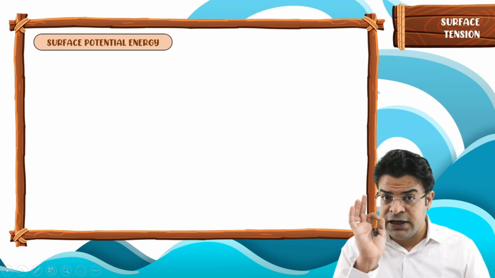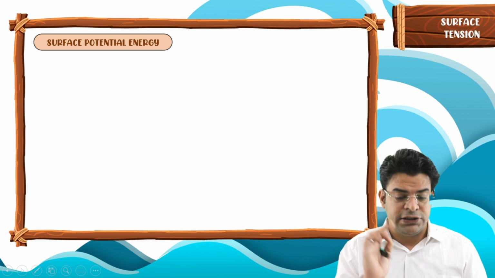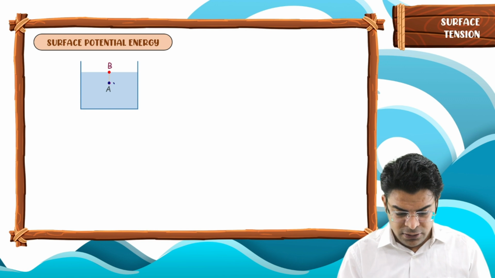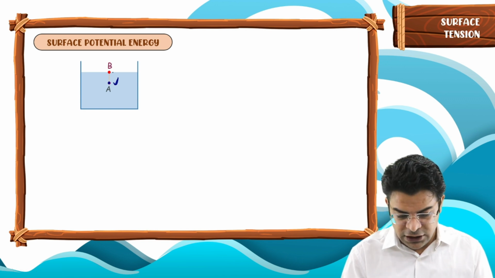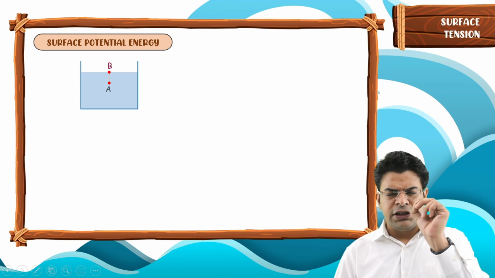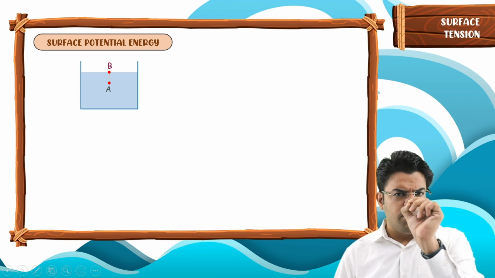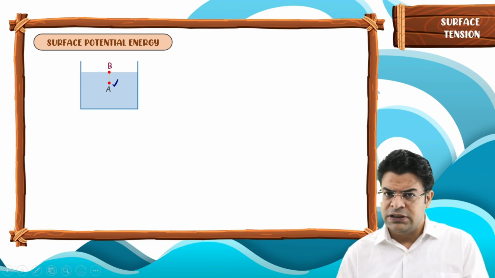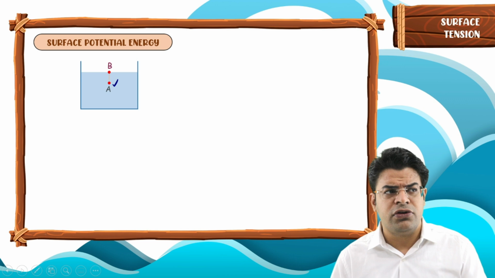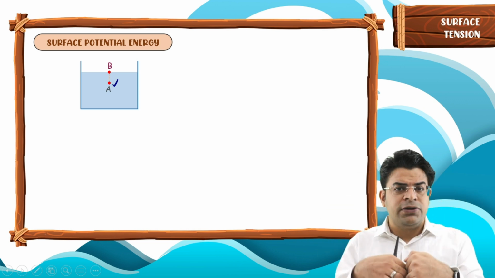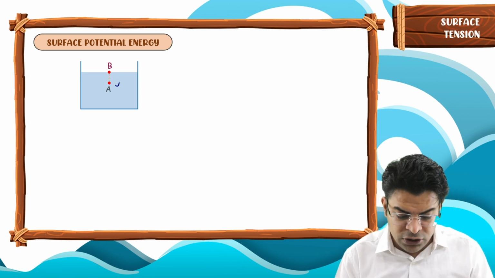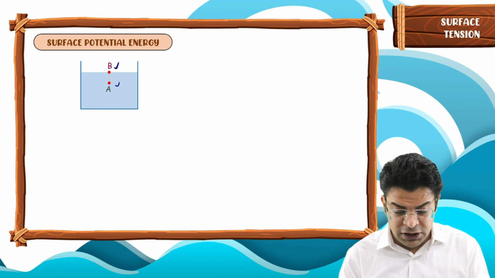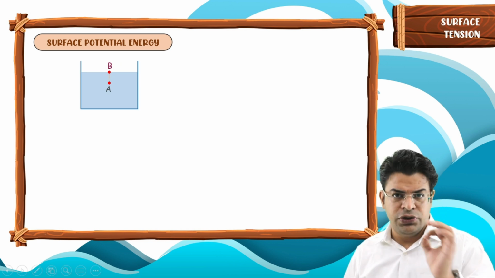Now you need to be very cautious when I am telling you this. Visualize just one fluid molecule moving from bulk at point A to the surface at point B. When the fluid molecule is in the bulk, what is the net cohesive force on it? Zero, because force acts from all directions. When this same fluid molecule is on the surface, what is the direction of net cohesive force on it? Towards the bulk.